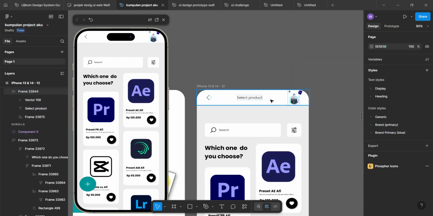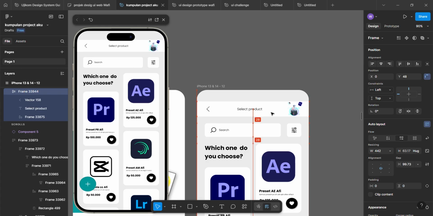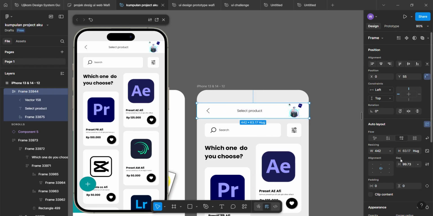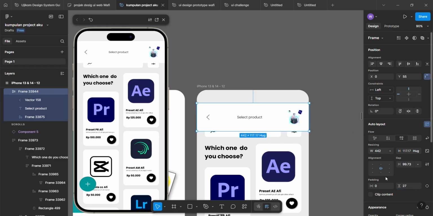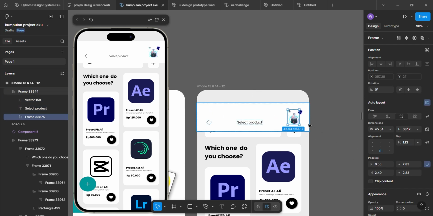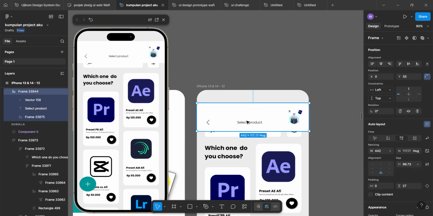A good tip here, use the flow starting point feature. Click on the starting frame, your home screen, and click the small play icon that says set as starting frame. This ensures your prototype always starts from that page. Adjusting interaction